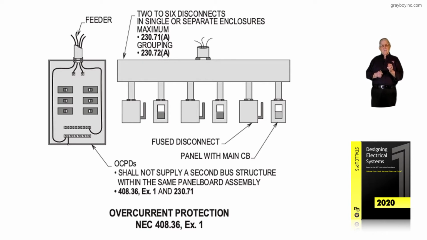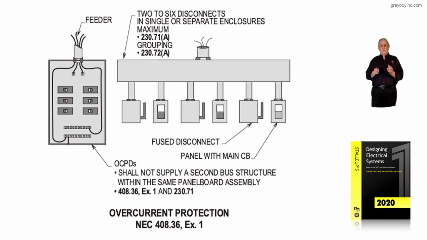And that's why the overcurrent devices, it says, shall not apply to a second bus structure within the same panelboard assembly when you're applying 408.36 Exception 1 along with 230.71(B), as in boy, 1 through 4. But now, however, if it was service, you could have 2 to 6 mains, as you see, grouped in accordance with